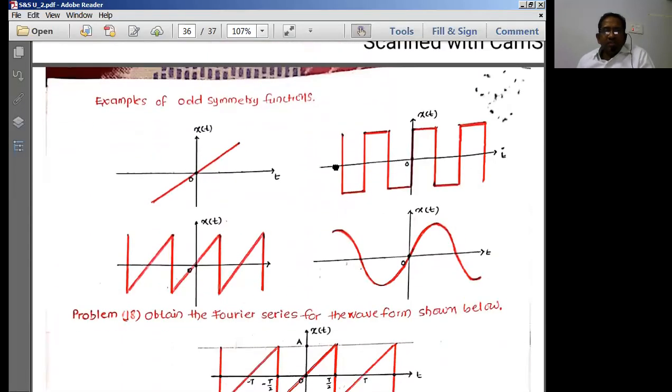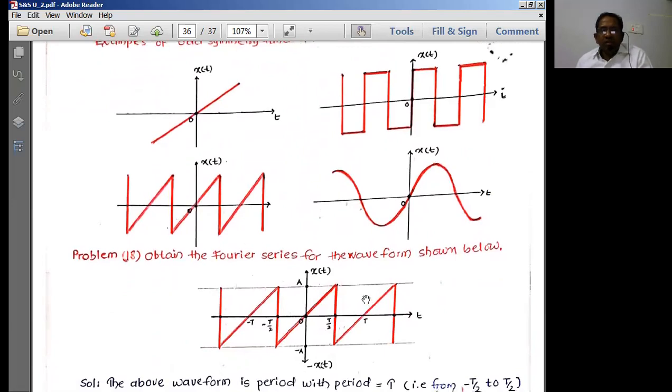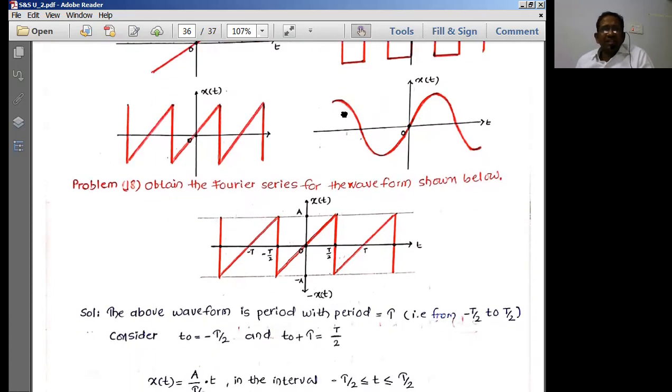Now we'll see some examples of the waveforms, how they look for odd symmetry. That means by seeing the waveform, you can figure out whether it comes under even symmetry or odd symmetry. When nothing is specified in the exam, or if it says by using trigonometric Fourier series, then you have to go with the very beginning, standard case. You have to simply solve for everything, even though we get an equal to 0 or bn equal to 0, a naught equal to 0. Nothing has been asked.